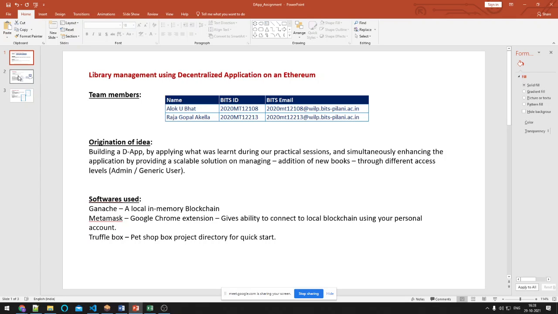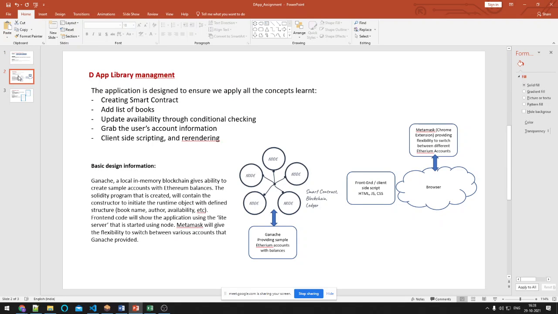Yeah, that sounds good. So what you see here is a brief intro to the project that we have done. Our project, just like any other blockchain technologies, uses smart contracts to manage a list of books in a library. So we can add, remove books as an admin user who manages the library, and as a user who is using the services, you can check out a book and return it using this application. Yep. So can you go to the basic design information here?